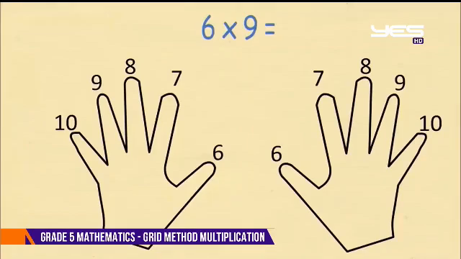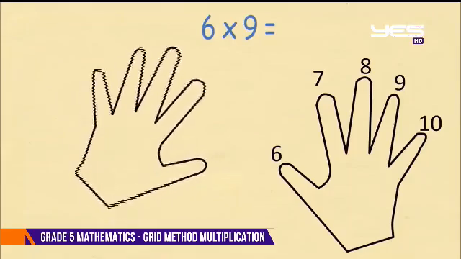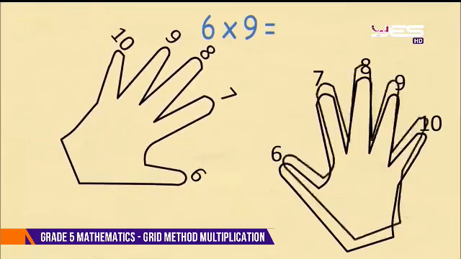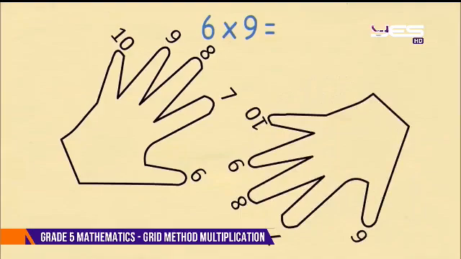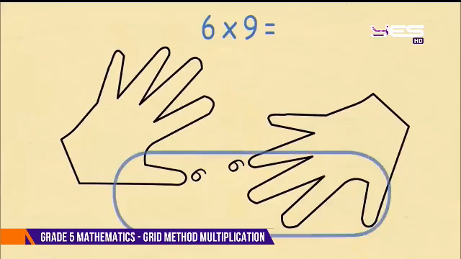Let's do another example of 6 times 9. We'll rotate our left hand so that we're having the number 6, and we're going to rotate our right hand to line up the number 9. We now count the number of fingers that are below the fingers that are touching, including the fingers that are touching. So we have 1 finger on the left hand and 4 on the right hand, which becomes 5 fingers, and this is 50, because the fingers that are below the fingers that are touching are always counted as tens.